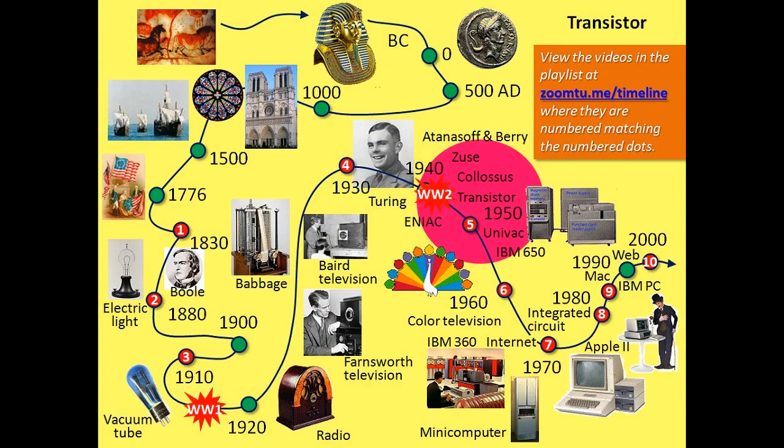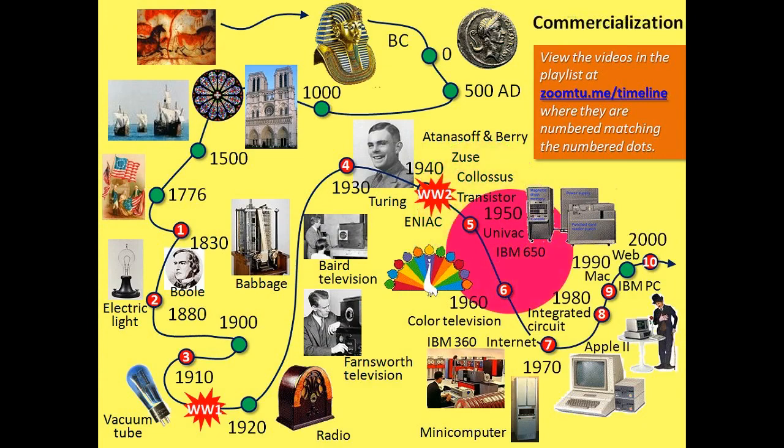It wasn't very long before the theory that was developed in the 30s and the practical implementations that were tried out in the 40s resulted, after the Second World War, in the commercialization of computing. It wasn't IBM that did this. It was a company named UNIVAC, that sold the first computer to the U.S. government to do the census in 1950 to help process that data, which was ironic because back in the 1890s,